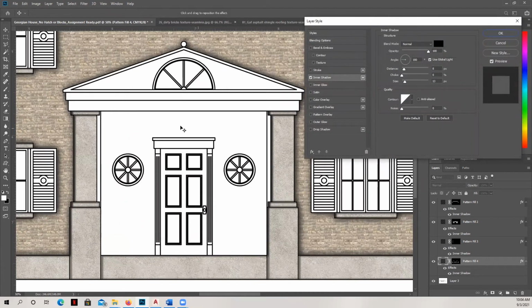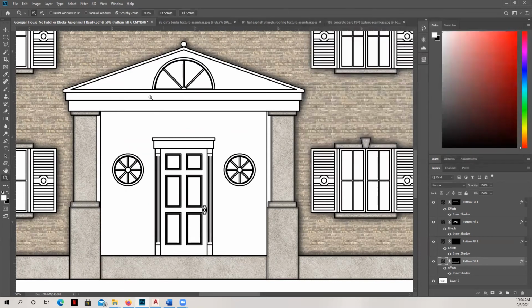The distance is 8 pixels, and so there's 8 pixels over there. So I'm going to pull this out just a little bit. See how it moves? And we want the shadow to start right at that line. So maybe 1 pixel off, but that's one thing I want you to notice.